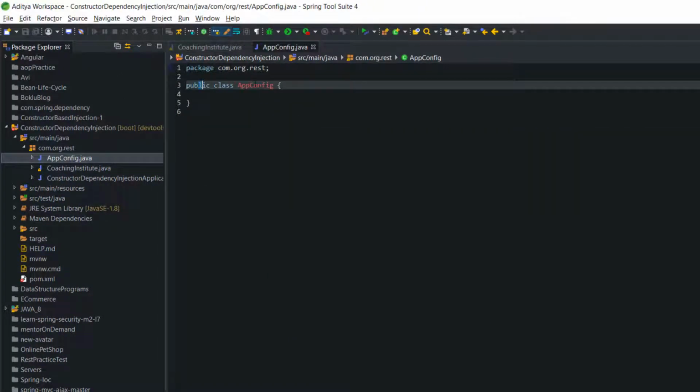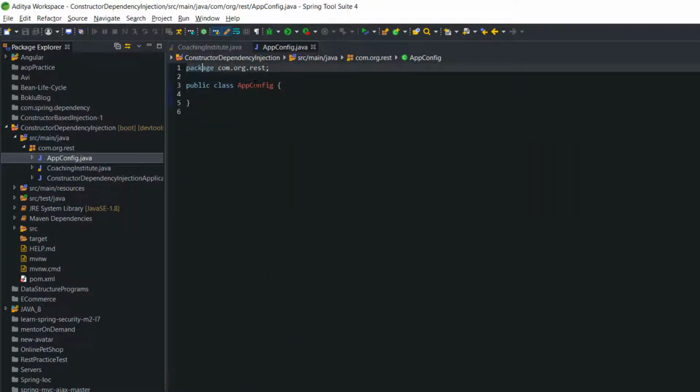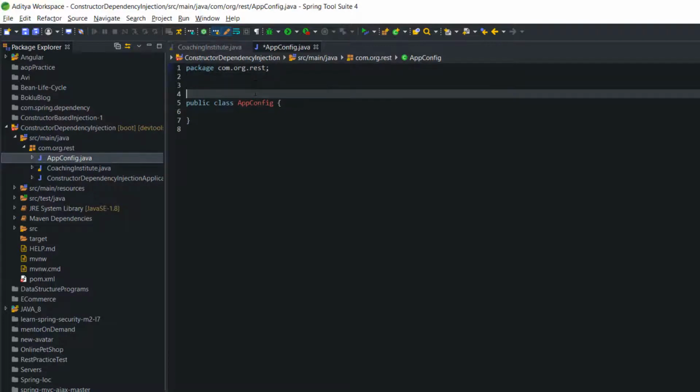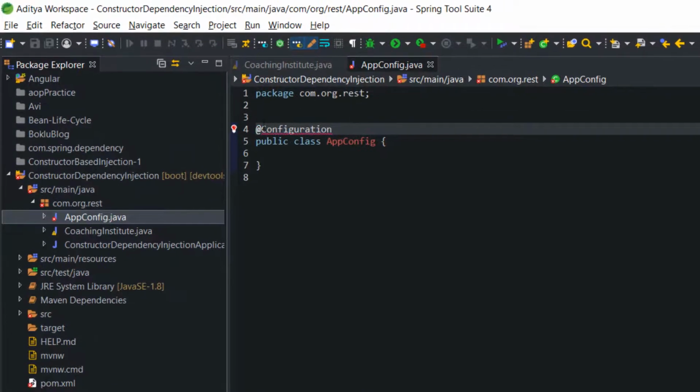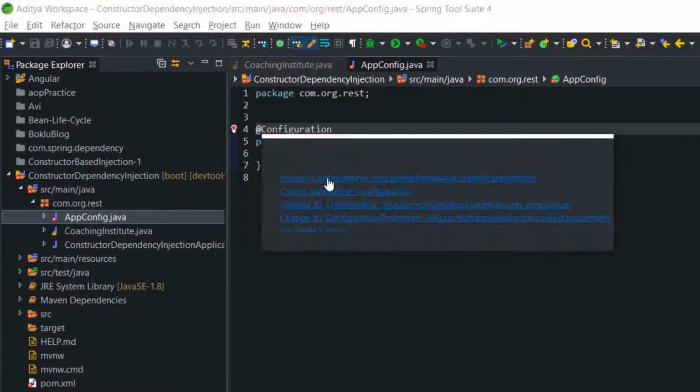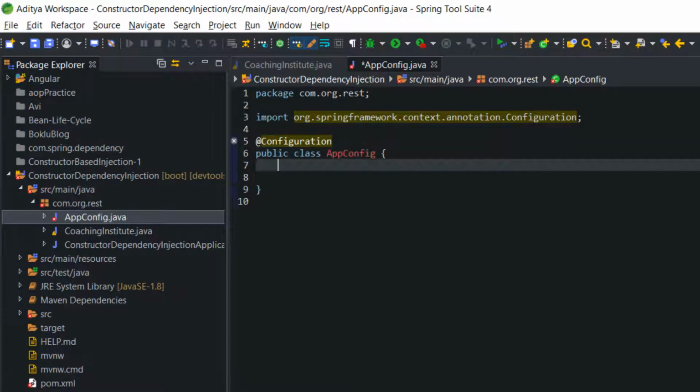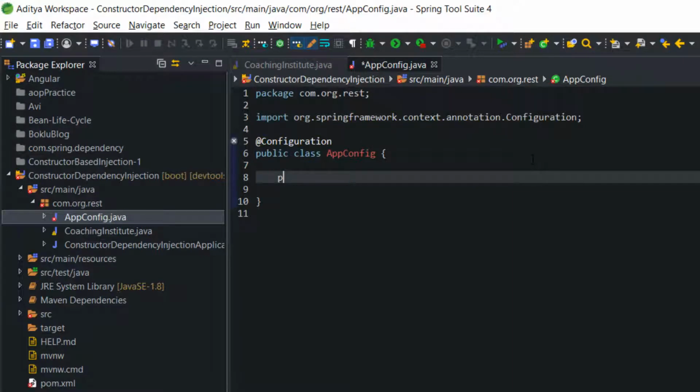To tell the Spring that this is a configuration file, I need to mark this class as @Configuration. After that I am going to create our bean method. So I am going to create the layout of the Coaching Institute bean method.